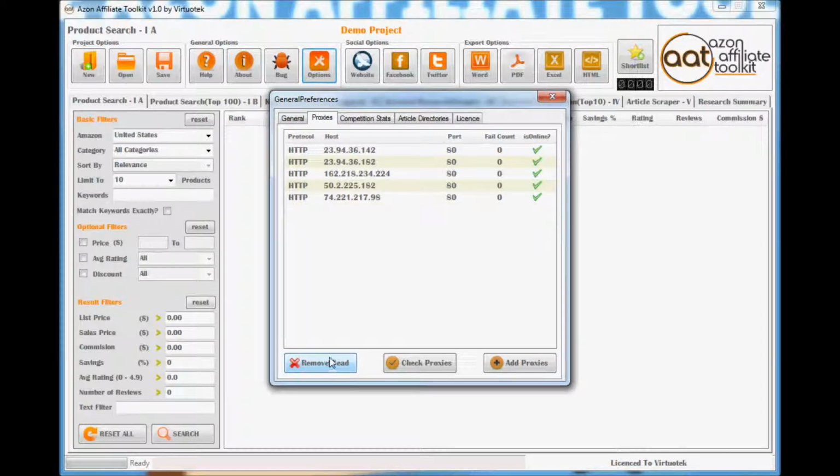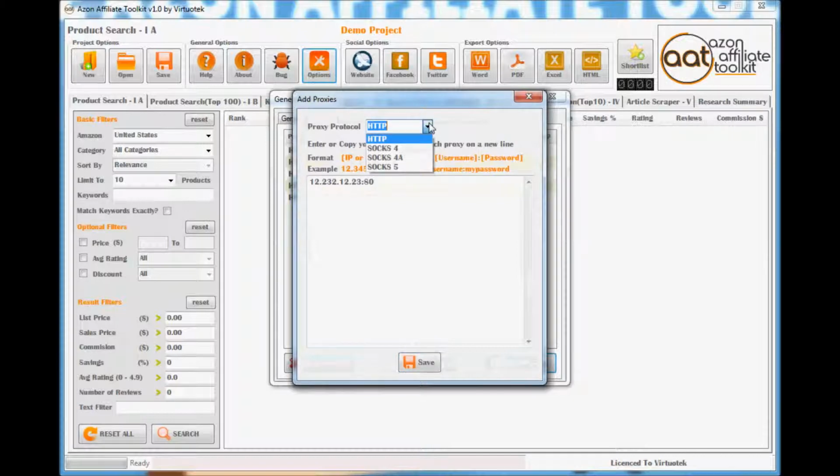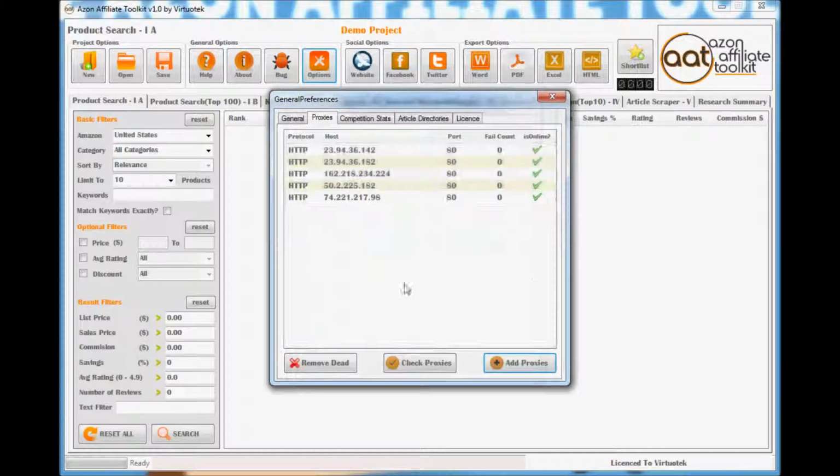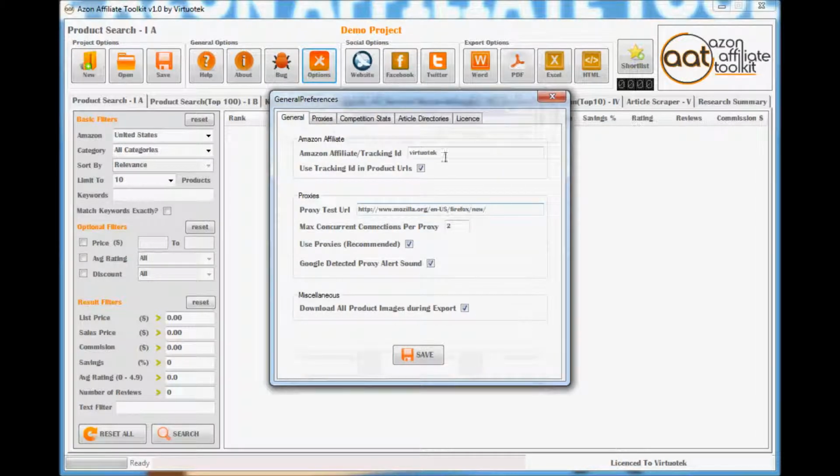Another important point is, when adding proxies, you have to select the protocol of the proxies you are adding. So if you select HTTP as the protocol, you can only add HTTP proxy definitions in the box. Once you have defined your proxies, you have completed the basic setup necessary to begin your project research. You can now proceed to Tab 1,